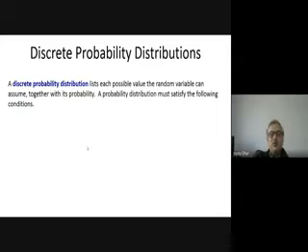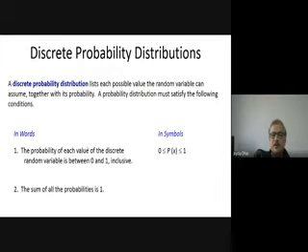So now I'm coming to the first thing we have to know, the discrete probability distribution. What is a discrete probability distribution? A discrete probability distribution lists each possible value the random variable can assume, together with its probability. If it is a discrete probability distribution, it must satisfy the following conditions. First, the probability of each value of the discrete random variable lies between 0 and 1, and 0 and 1 are also inclusive, and the sum of all probabilities